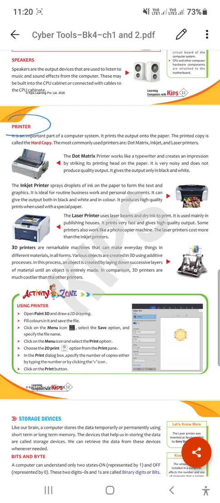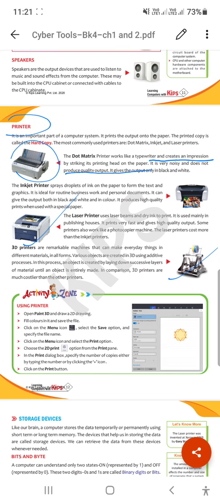There are different types of printers available in the market: dot matrix, inkjet, laser printer, and 3D printer also. A dot matrix printer works like a typewriter. You all know what a typewriter is, I think. If you go to the legal place, I mean the block level in your district, you can see many lawyers using a dot matrix as a typewriter, in which there are different types of keys that give an impression on the paper. It is used to print only in black and white.